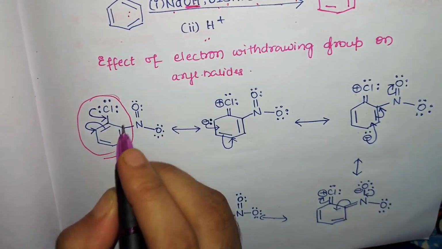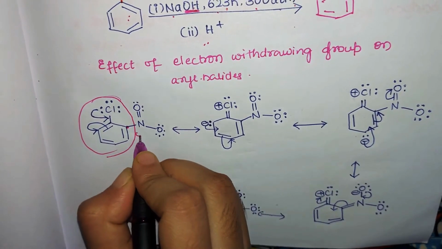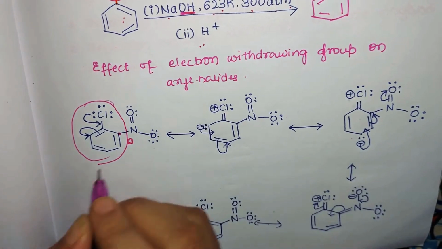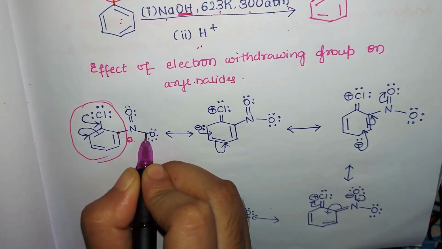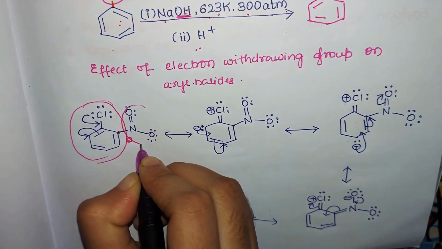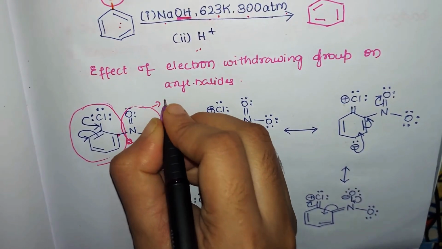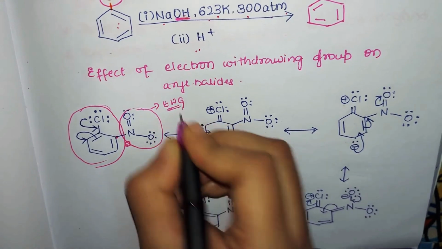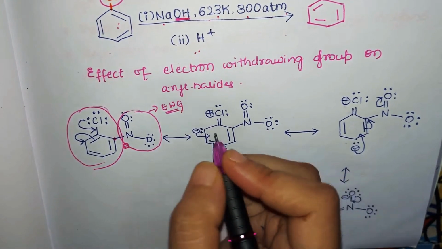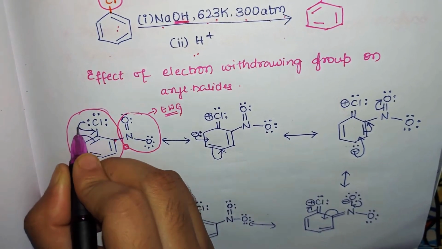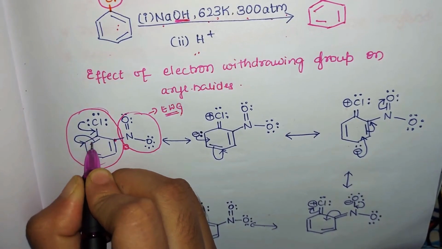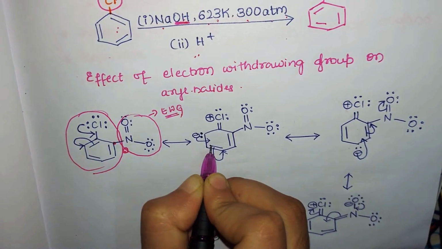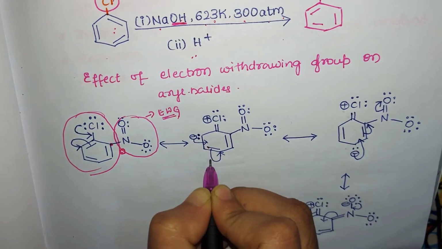So this is what we will see here. It is chlorobenzene, and on its ortho position you can see there is a nitro group. Since chlorine gives its electron pair to the ring, what do we observe here? Donation of the electron from chlorine. And NO2 group is which group? Electron withdrawing group. That means what? It has a tendency to take the electron of the benzene ring towards itself. So we'll observe the resonating structure of this. So we have seen that chlorine gives the electron to the benzene ring, and the electron undergoes resonance here.